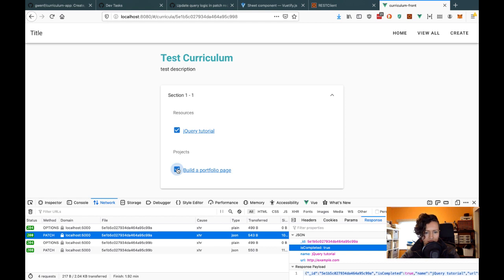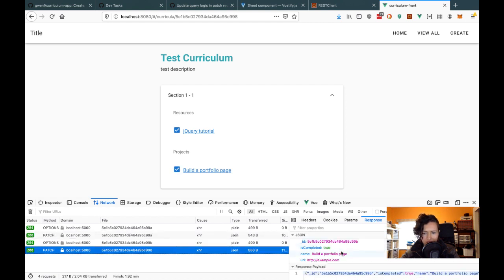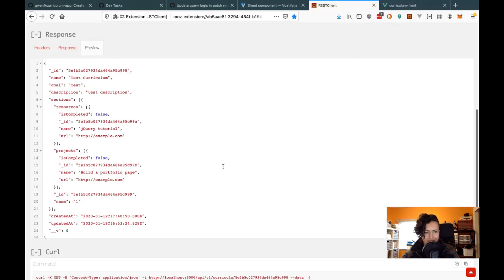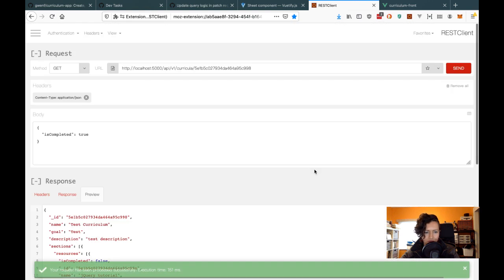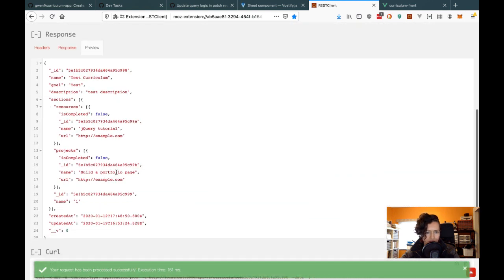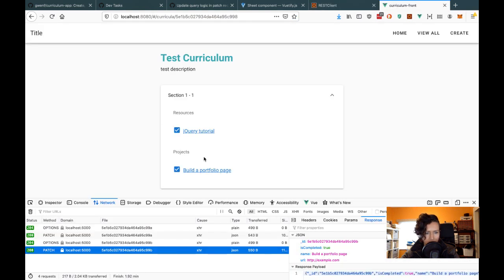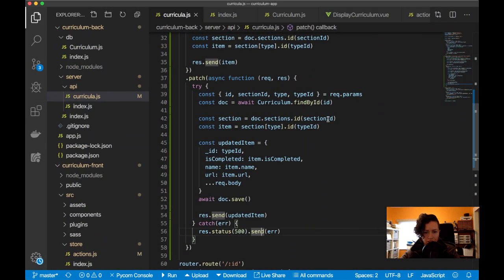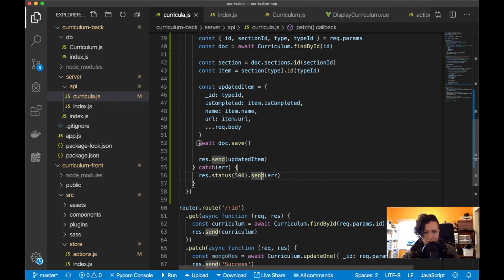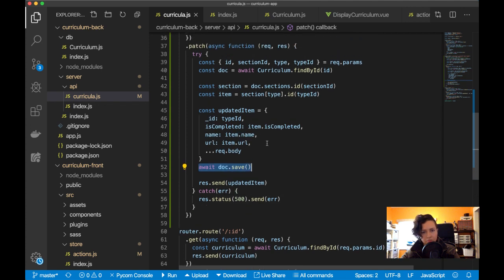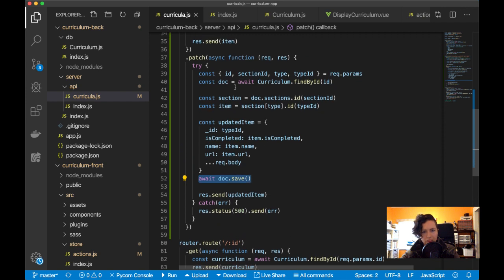Let me try this one. Yeah, it says true. And let me try this again. And it's still false. And I was sending it to, yeah, 99B, the correct one. So the only explanation is that this isn't saving and it's not throwing an error either. Or it's saving and it didn't. I guess maybe I need to do item.save,